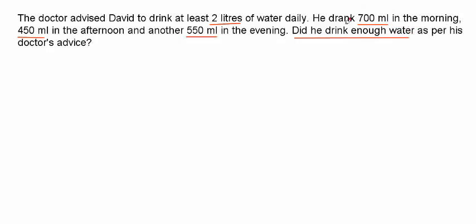So this is about adding these 3 numbers up and checking if that is equal to or more than 2 liters. So you have 700 milliliters plus 450 milliliters plus 550 milliliters is equal to